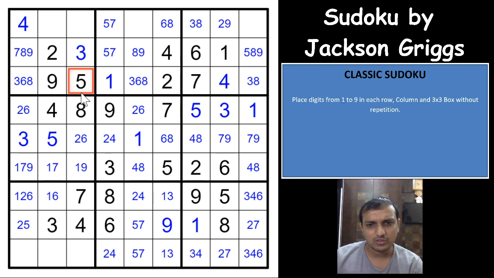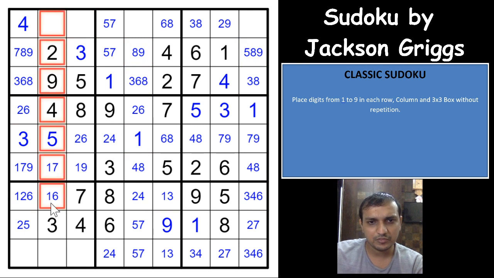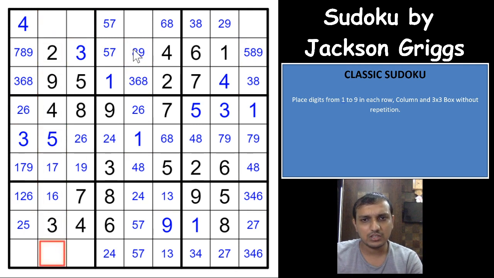I suspect some wings here, because there are many cells here with only 2 possibilities, bivalue cells, right? So usually these kinds of things have wings in them, but I do suspect some swordfish too, because you have many rows and columns with only 2 or 3 digits here, and that can also lead to a swordfish. So let's see if we get anything else. Let me mark all the candidates here, because only a few cells are remaining.